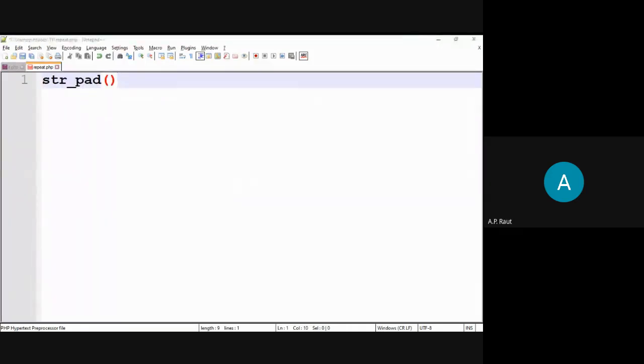Okay. So write down: the string pad function pads a string to a new length.